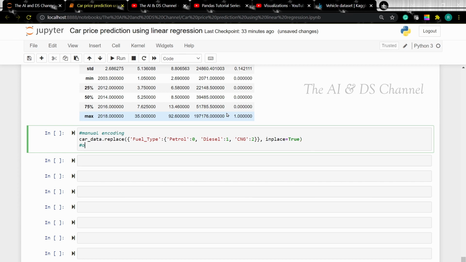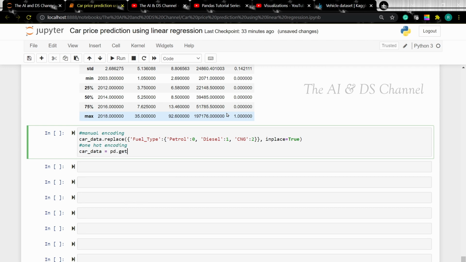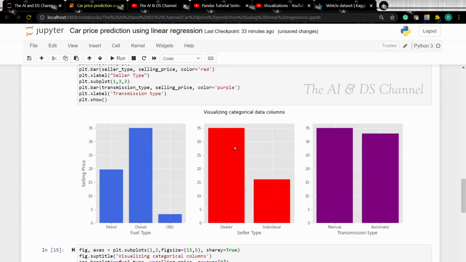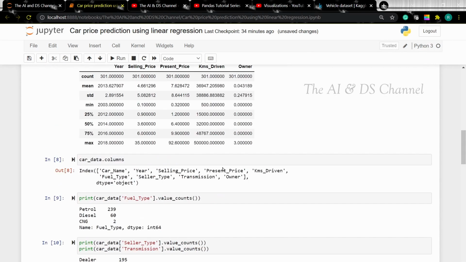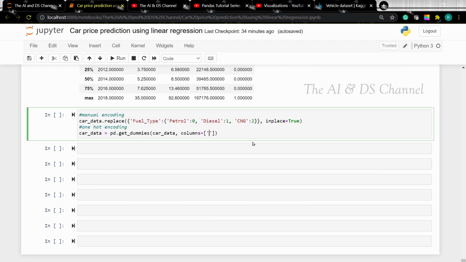And now let's look at one-hot encoding. Here we need to specify the columns which we need to encode, which in this case are seller type and transmission, and we need to drop the original column.